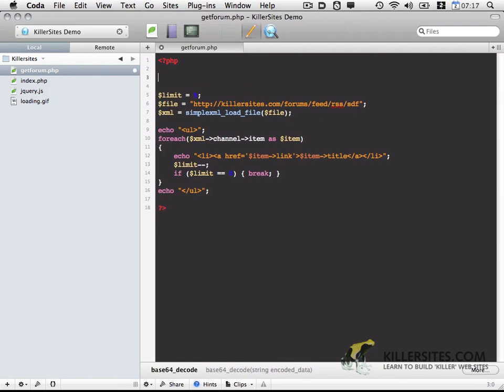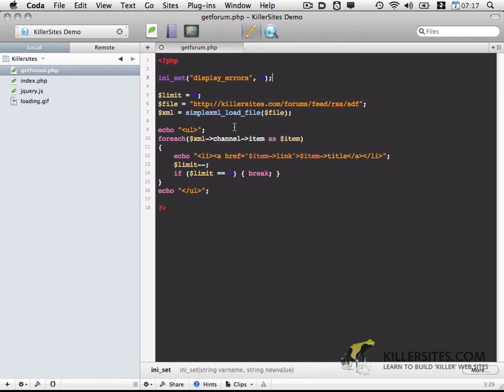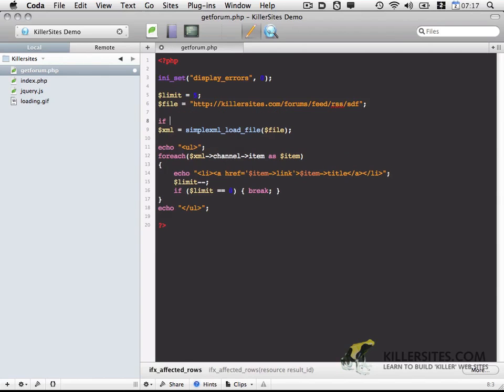I'm going to start here by using ini_set, and I'm going to set display_errors to 0 so it doesn't show up. So let's refresh the page now and see what happens. Now we just get a blank page, which is at least a little bit better. But ideally, we want to be able to show the user some sort of feedback so they don't get confused. So what I'm going to do is an if. So if this XML file is able to be loaded properly,